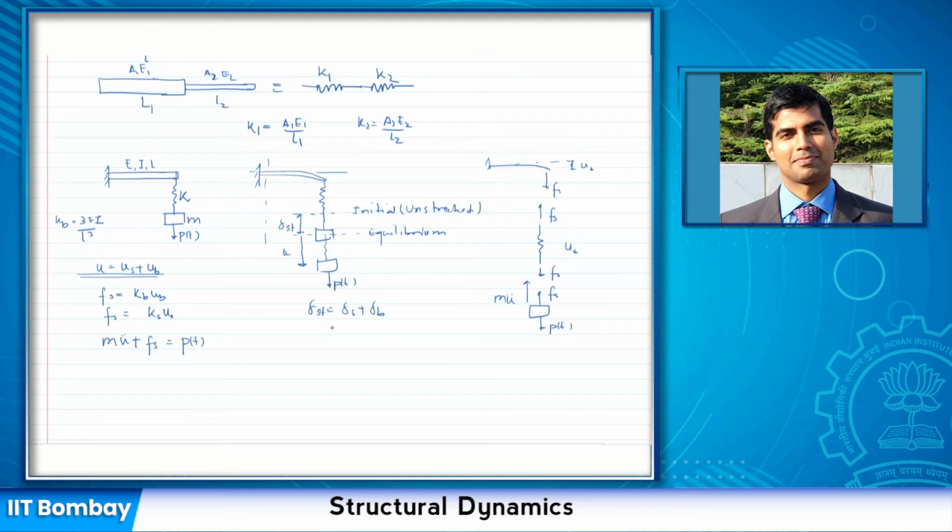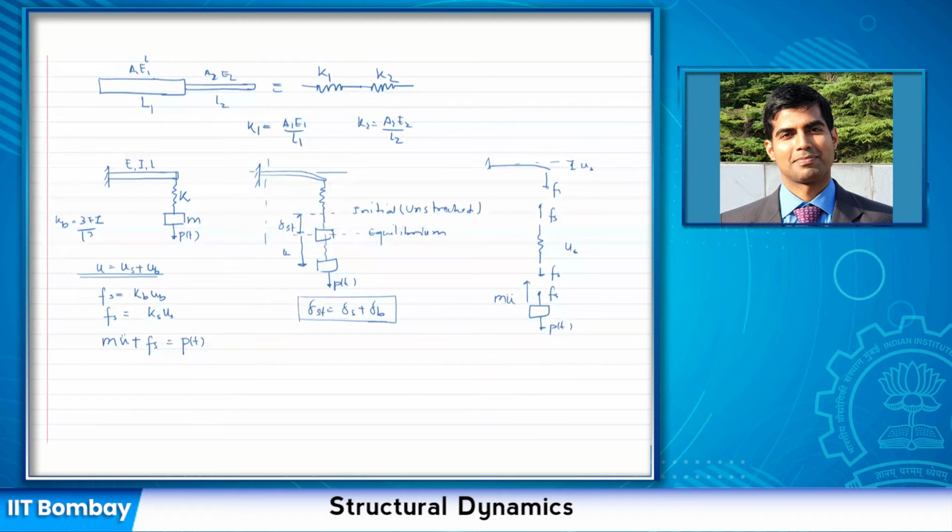So your delta St would simply be, if you consider, the next thing that I wanted to say is that you could write down a similar kind of equation at the equilibrium position as well. Only thing, there is no mu double dot at that point, because Pt and the acceleration are being applied from the equilibrium position, correct? So yes, you can write down the similar kind of equation.